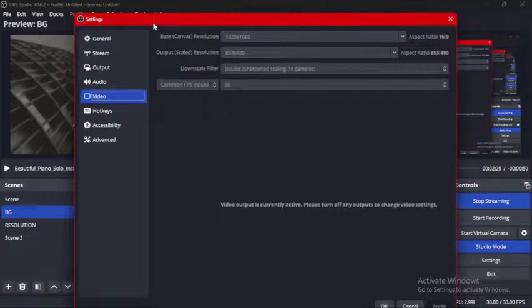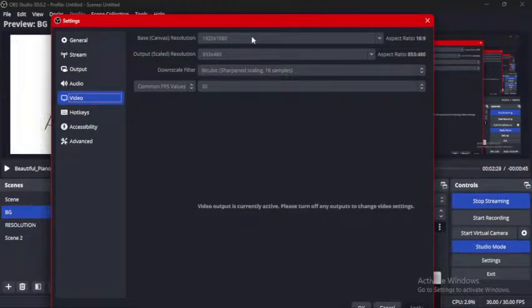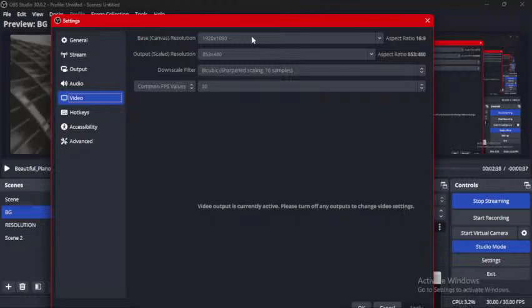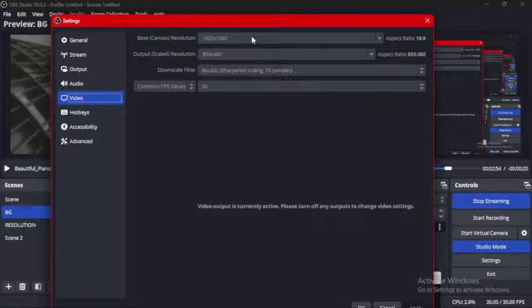Then we move to explaining the output resolution. Now the output resolution is also a very essential resolution setting that we need to take note of. Most of us have been streaming, and sometimes or most times our streaming lags, and we blame it on the network, innocent network that doesn't even know anything. Yes, we blame it on the network. So sometimes it's not really the network.